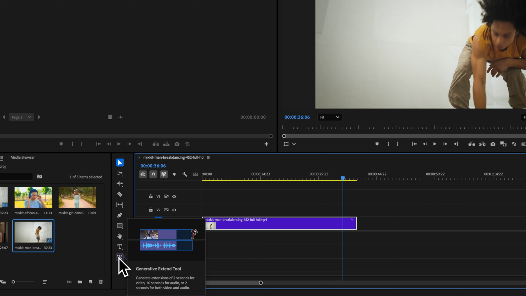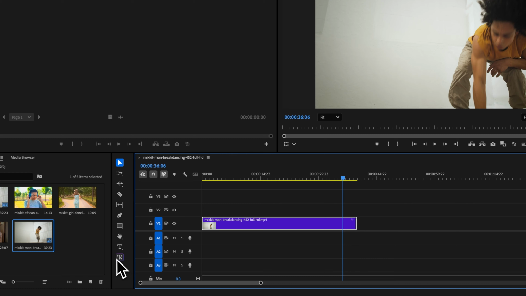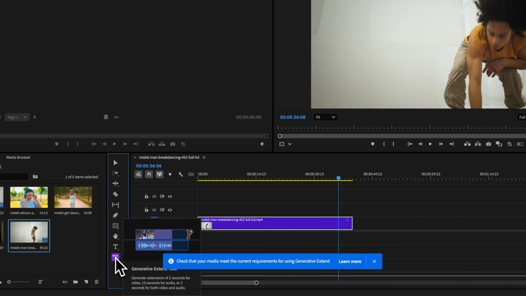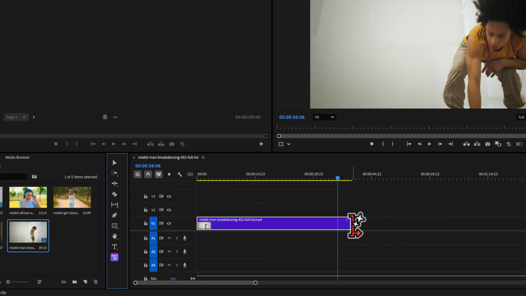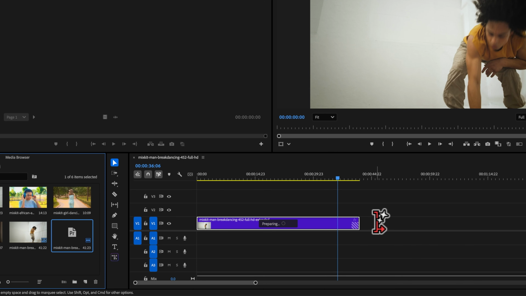It will generate extensions of 2 seconds for video, 10 seconds for audio, or 2 seconds for both video and audio. So this is a lot of numbers for me, so my brain just went to mush when I saw all these numbers. So let's give it a go because I'm more a visual person. Perhaps you are too. So we're going to click on this icon. Check that your media meet the current requirements for using Extend. I think that's okay. And then you'll see this lovely little icon here, and you can just click and drag